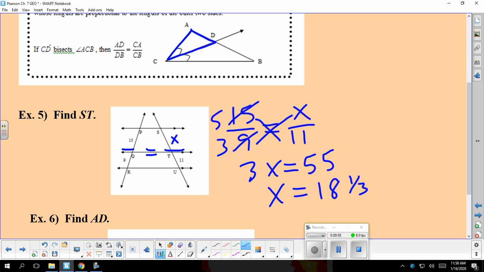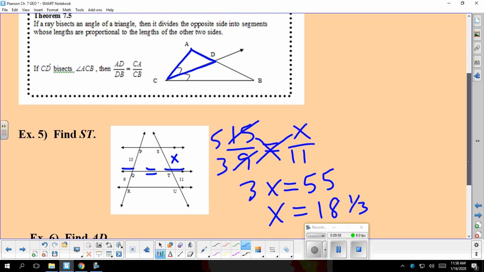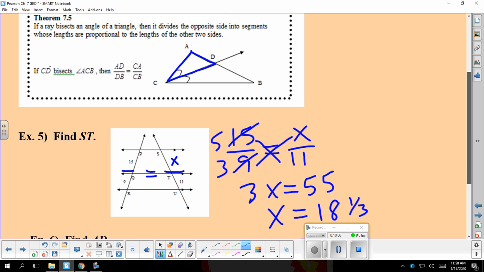All right. So now we have an angle bisector in a triangle. If a ray bisects an angle of a triangle, then it divides the opposite side into segments whose lengths are proportional to the lengths of the other two sides. So the way I deal with these ones, I'm going to put one triangle, both on top, and then the other triangle, both on bottom. So I have AD, this guy right here, and with that triangle, CA goes right there. And then this other triangle,